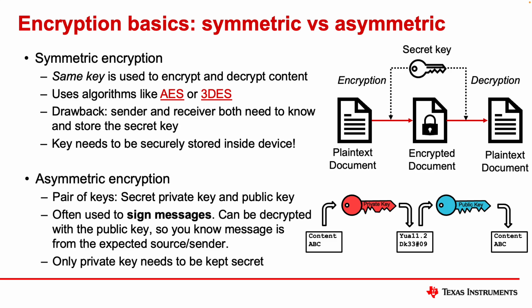Another type of encryption is called asymmetric. And asymmetric is quite a bit different than symmetric, and it's going to be based on a pair of keys: a secret private key, the red key in the diagram, and a public key, the blue key in the diagram. And you're going to use both of those keys to encrypt and decrypt information. This is also going to help you know that if something was encrypted with the private key and you have the public key, only the person that had the private key could have encrypted that content. So obviously, if they've done a good job of protecting their private key, then you know that the information comes from them and only them.